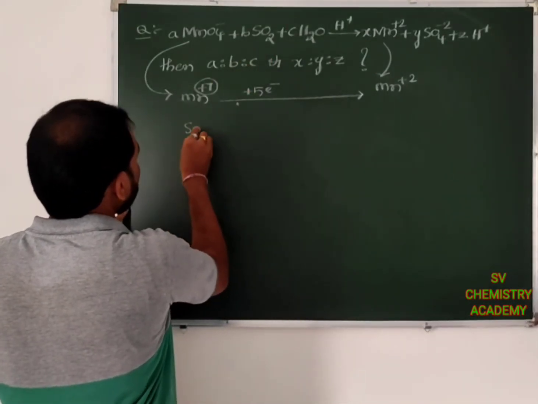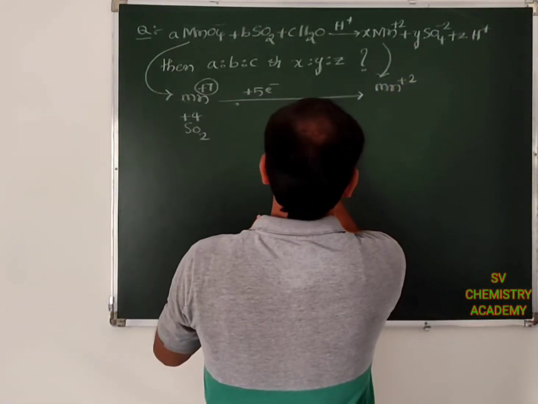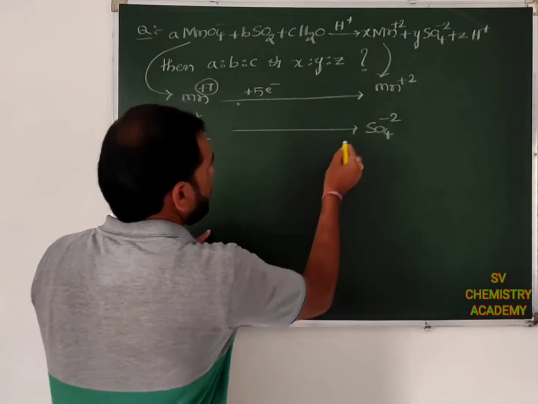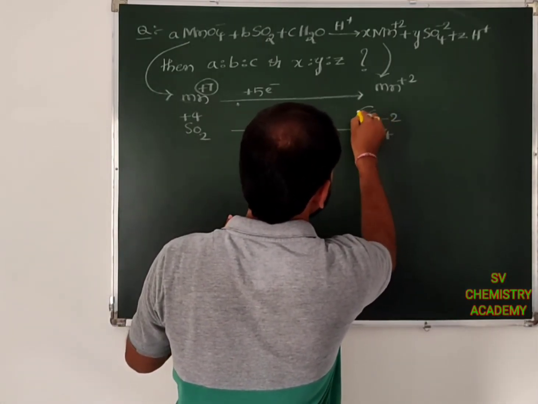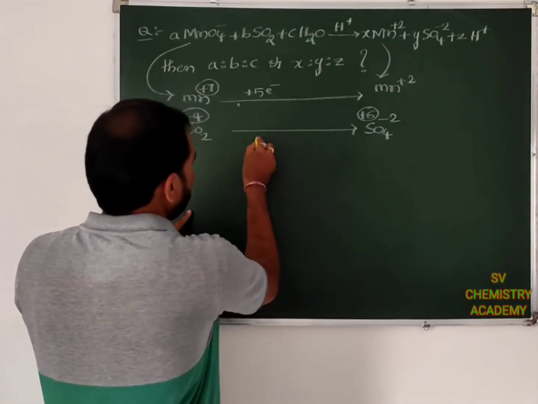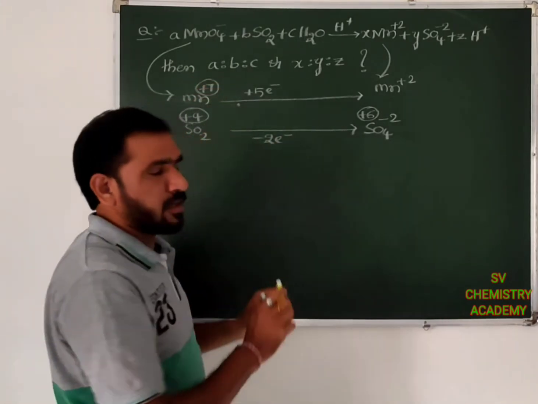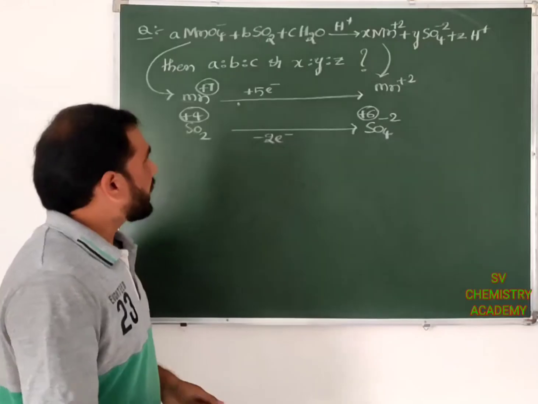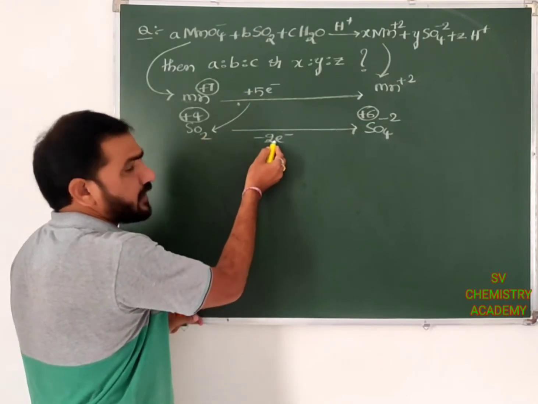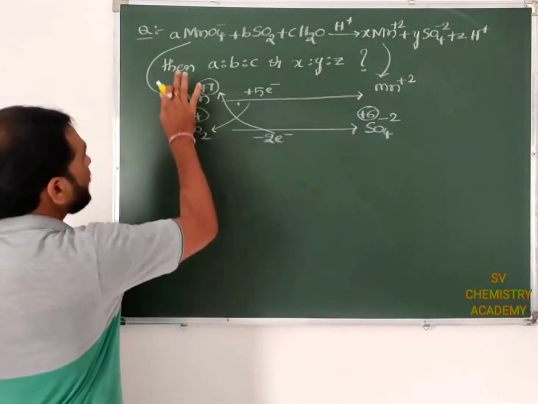Here in SO2 sulfur is in +4 oxidation state, on the right side SO4 -2. In this ion the sulfur oxidation state is +6. +4 converted to +6, so here there is a loss of 2 electrons. A negative charge indicates loss of electrons, a positive charge indicates gain of electrons. Okay? Then the number of electrons participated in the first reaction multiplies with the second one. The number of electrons participated in the second reaction multiplies with the first one. Therefore, here what? A